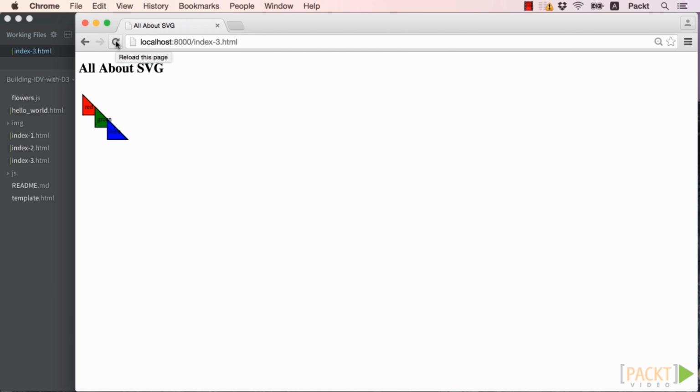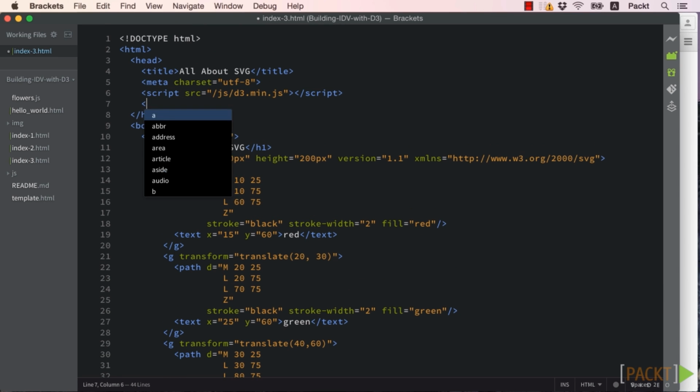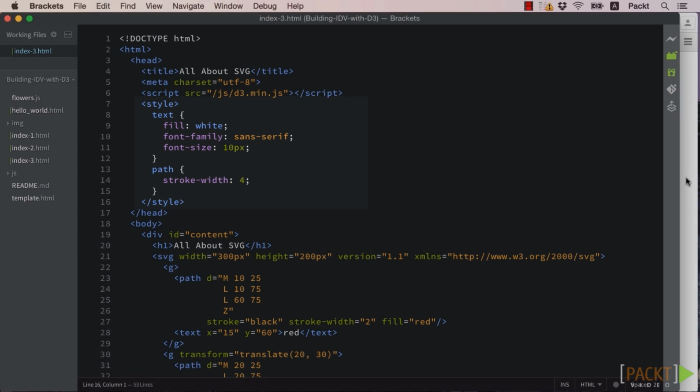Aesthetically, there are a few problems with our drawing. For one, the text is a bit hard to read, being black on dark colors. The other problem is that the text is a bit too big for our triangles, and it would look better if the text were fully inside the shape. Let's address these problems with some stylistic changes to our text and stroke via CSS styles at the top of